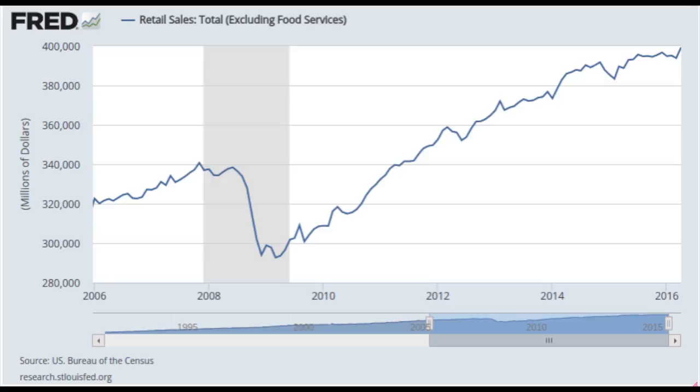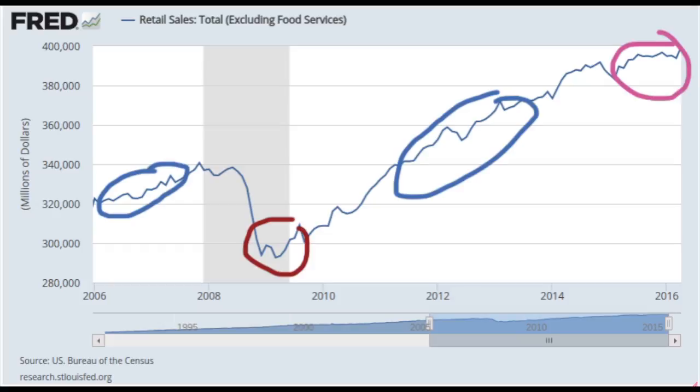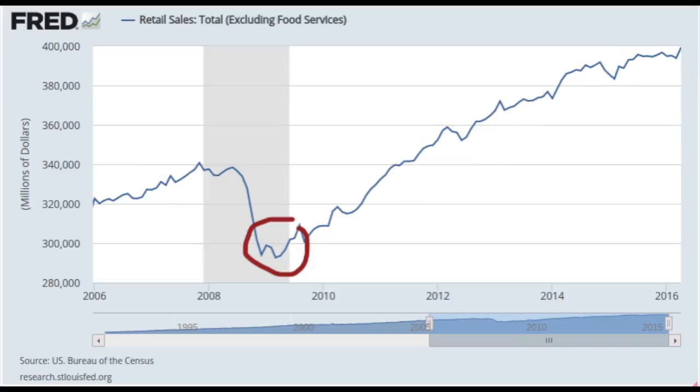As we zoom into the years of 2006 to 2016, we see the leading indicator that happened around 2008. And as we look at this time period, we can see the four phases of the business cycle, which is the trough, the expansion, the peak, and the contraction. The trough is the lowest value or point in a business cycle. And in this business cycle from 2006 to 2016, it is around 2009 where they had the lowest sales.